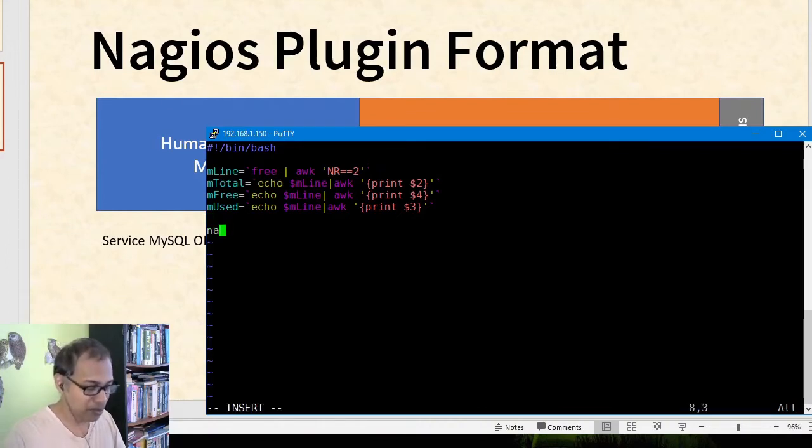create a Nagios function. It's actually a good practice to use a function. So I'm going to use some good practices when dealing with the plugin. I'm just going to create some kind of function. It can be anything, it doesn't need to be Nagios, it can be an ABC function. So I'm going to name it Nagios function. And